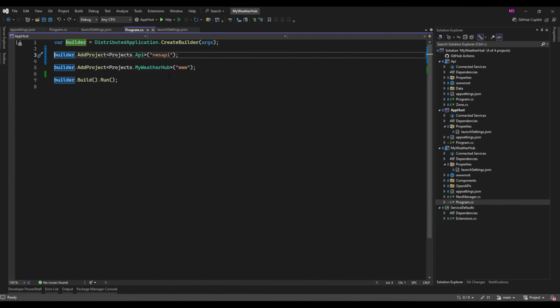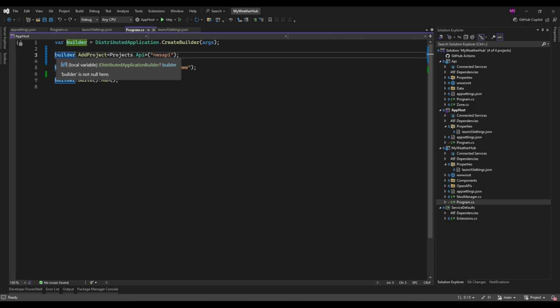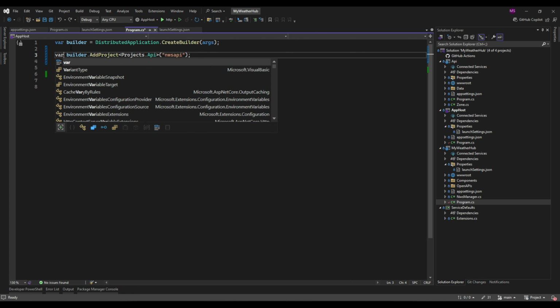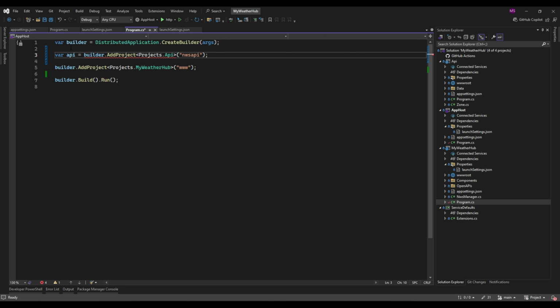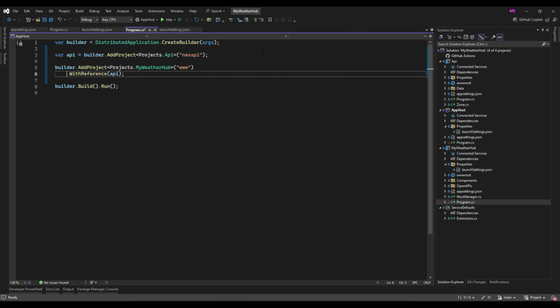Okay, let's head back over to our project and start connecting those services and make it a heck of a lot easier to work with our API. Now I'm going to call this just the API. So if I do that same with reference here and add in API, notice, just like we showed in the slides, with reference is pointing to the variable that defines my API project. So I've connected inside the Aspire system that's going to start up and manage our projects, I've connected these two services, these two projects.